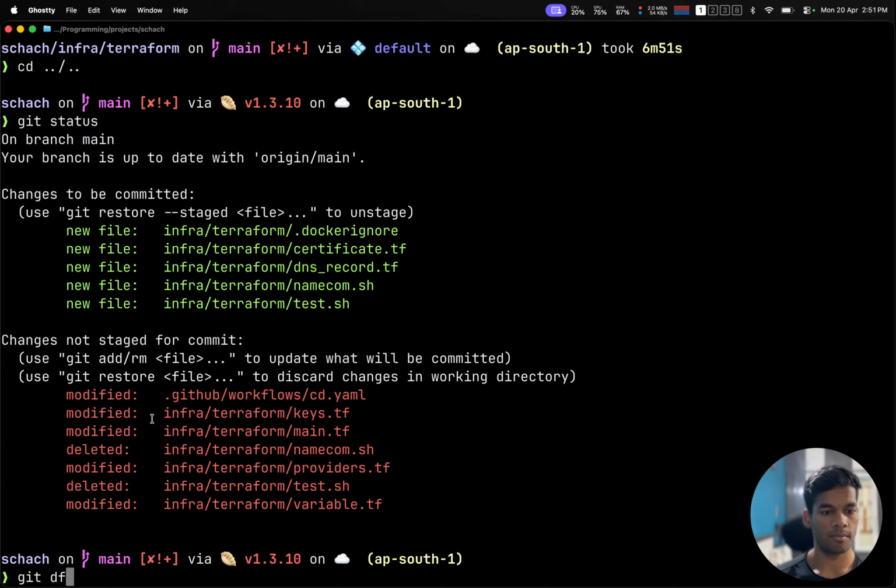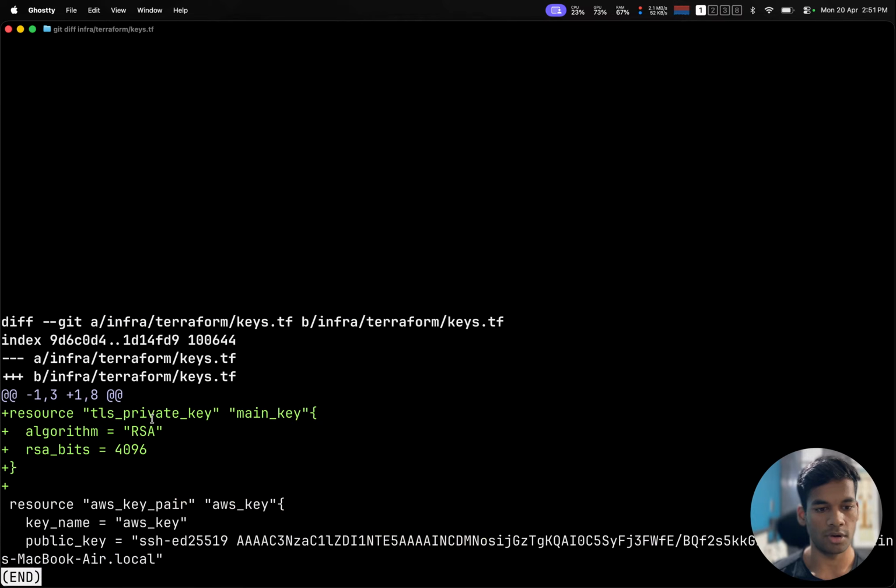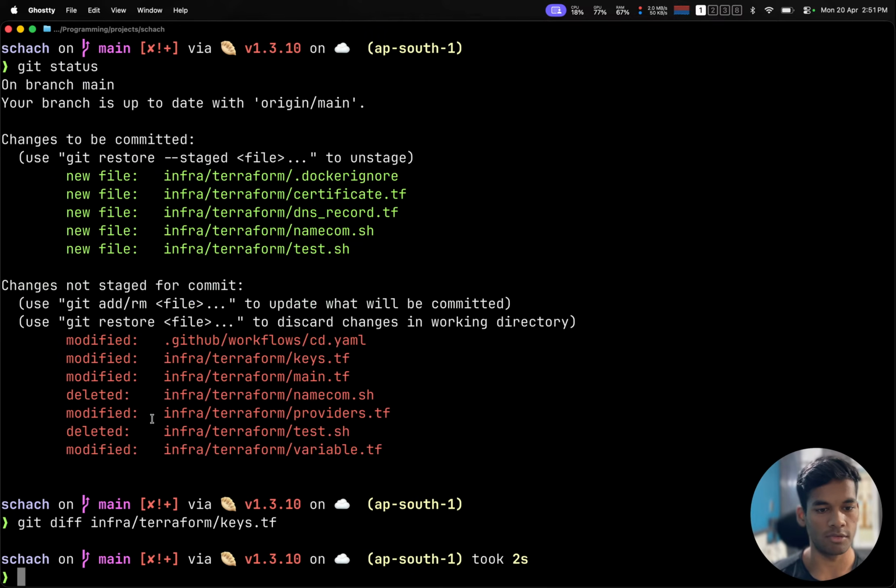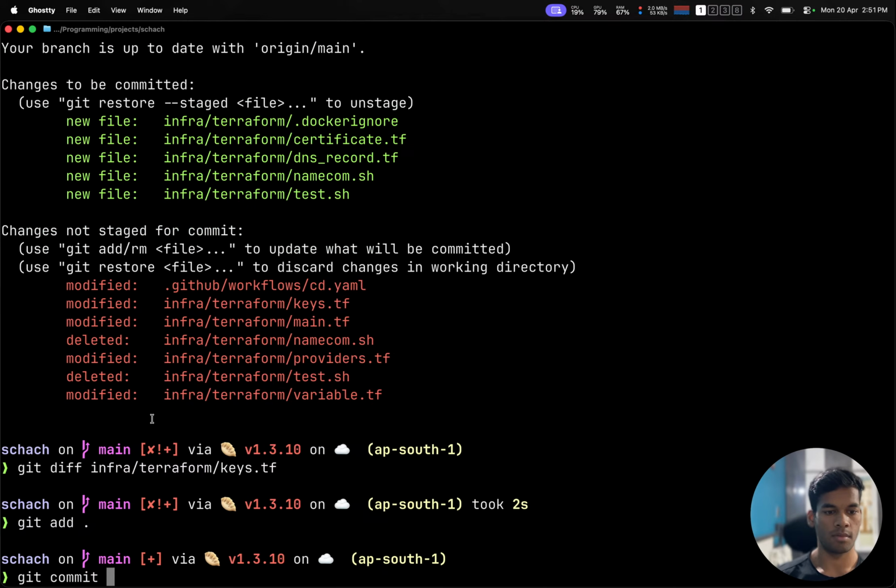Git diff. Yep, we added a new key for TLS, for HTTPS certificate. Terraform keys.tf. Yep, we added a new key for TLS. Cool. Git commit, and message is added HTTP